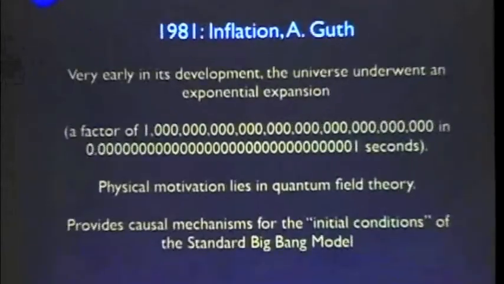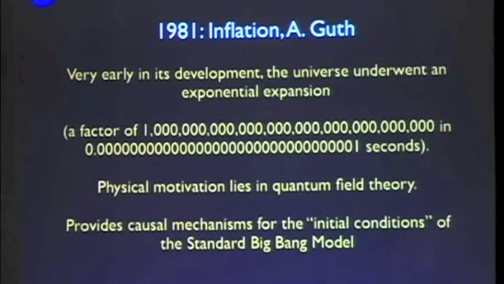So one possible answer to this is inflation. This was an idea that Alan Guth came up with in 1981 that says basically in the very early universe, the universe expanded by a factor of 10 to the 30 in 10 to the minus 32 seconds. I wrote this for my own edification to kind of give an idea of how big that actually is. The physical motivation for this actually lies in quantum field theory. Basically what this is trying to do is provide a causal mechanism to set up the initial conditions of the Big Bang model. In other words, our current cosmology as we understand it will take a set of initial conditions and very faithfully run that through and capture all the physical processes and tell you why things are the way they are today. But before that window in